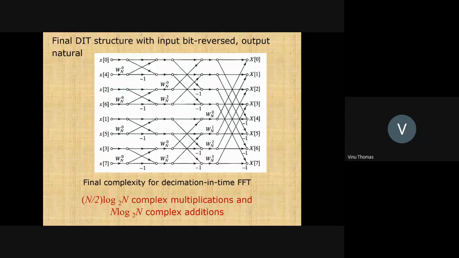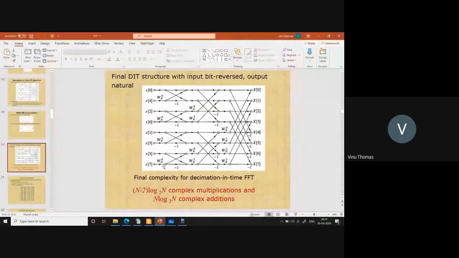If you are required to write down the values at all the nodes, then this is the only way to do it. Sometimes in the examination, you might be asked to write down the intermediate value after each stage of the computation. There are 3 stages of computation. You are required to write the value after the first stage, the value after the second stage, and then the value at the end, which is the final value in the normal order. So this is probably the only way to do it: you have to follow the structure from the input to the output.